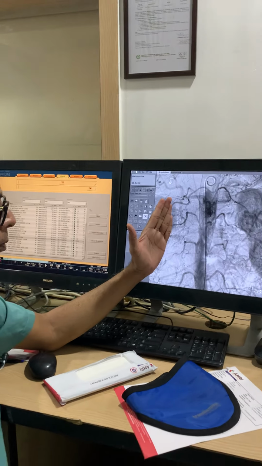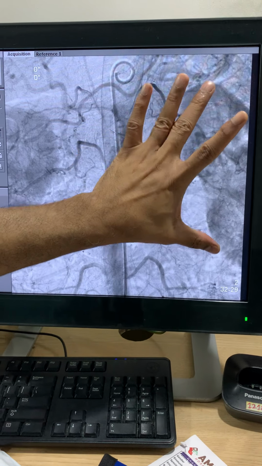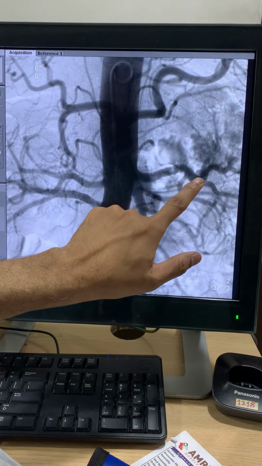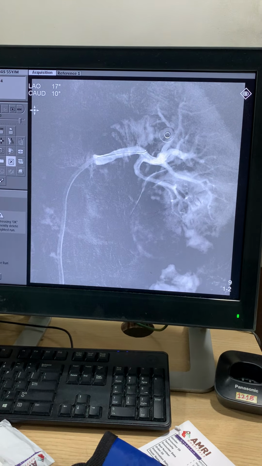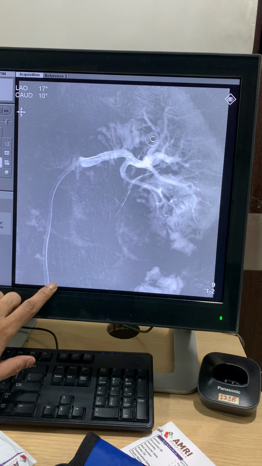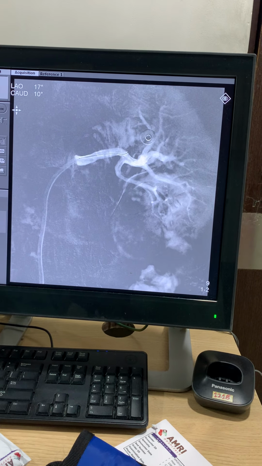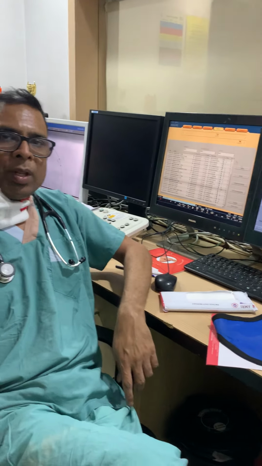we do not know whether the renal parenchyma will be injured. On the left side, you can nicely see the shadow of the kidney, this is the renal shadow, and this is the inner border of the left kidney. On the left side, you have 1 artery, and we started with a 6 French renal